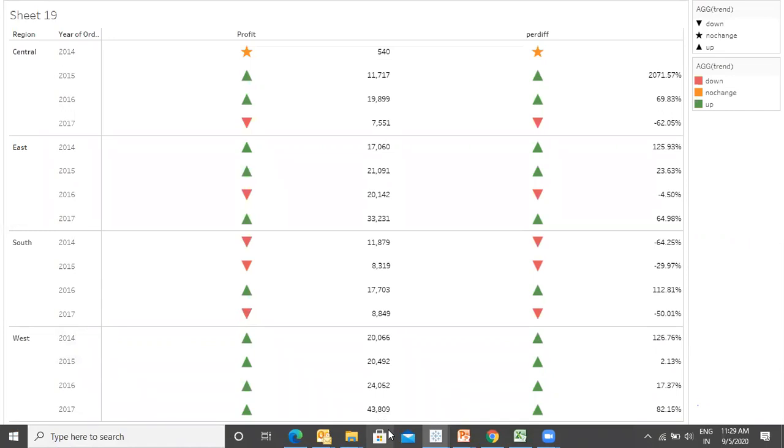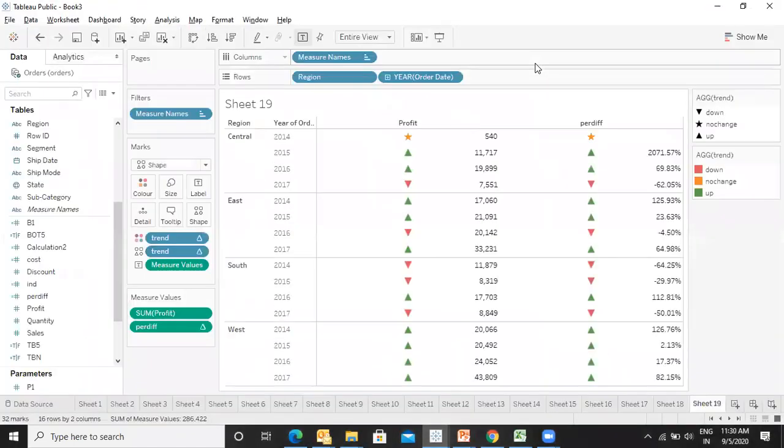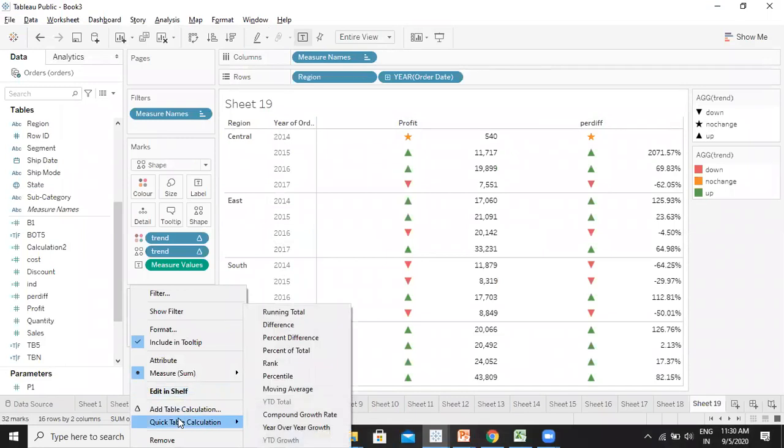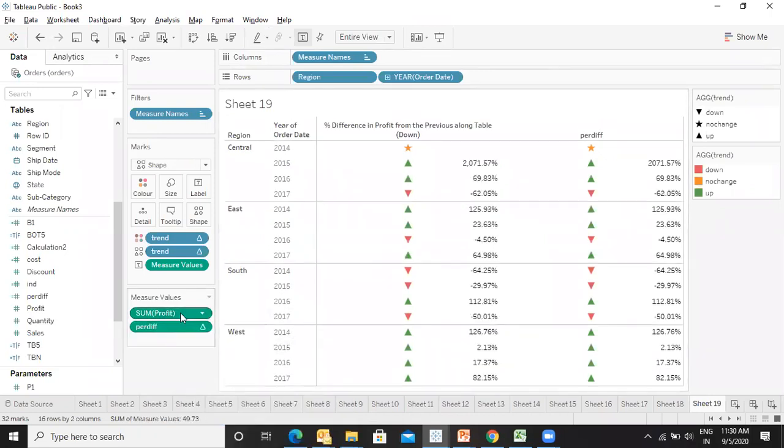Yes, but can you explain how you create this per diff? Okay, simply what I have done, if this is the profit, first I have gone to this quick table calculation. I say percentage difference. So I get it over here, percentage difference.